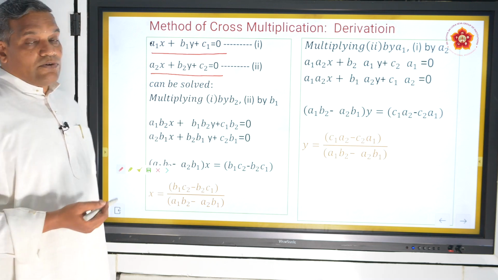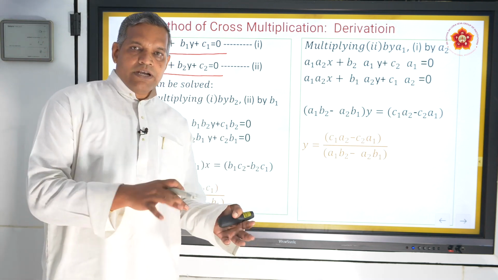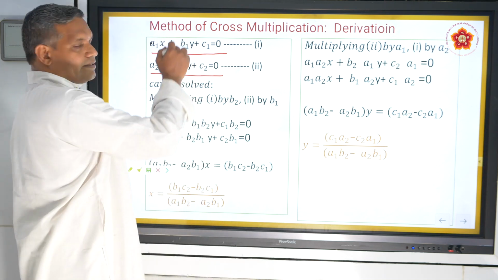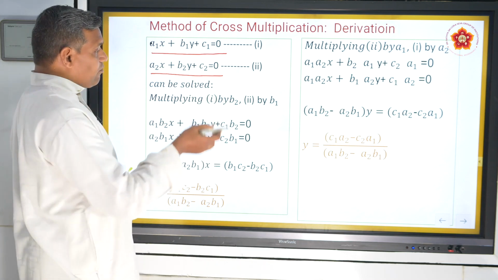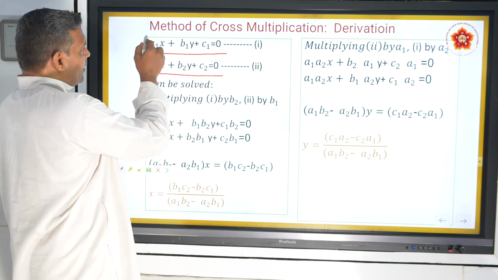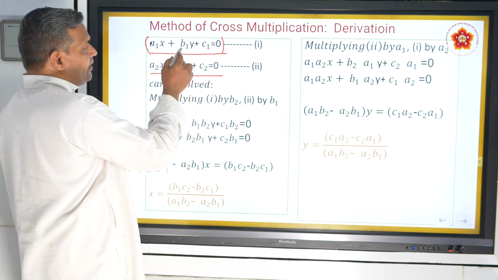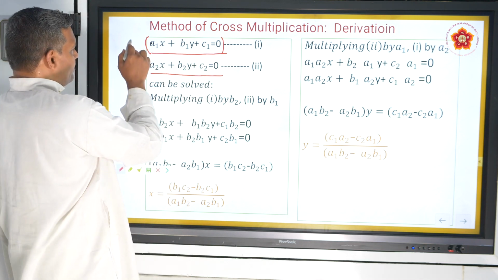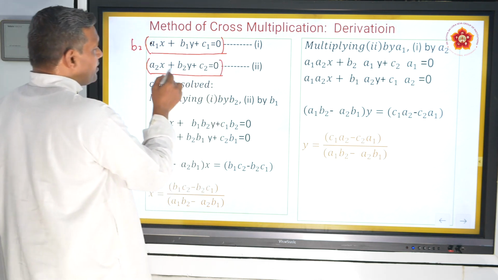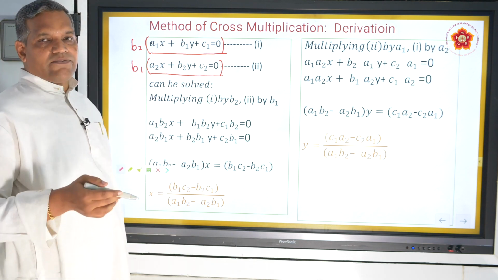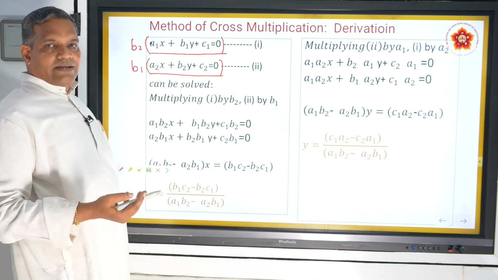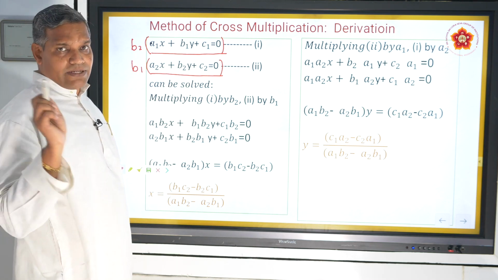Now, what did we do in the elimination method? We multiplied with some number to get rid of some variable. Here also I am doing the same thing, observe. I wanted to eliminate y here. I wanted to get only the x value. The coefficient of y here is b1, and the coefficient of y here is b2. I am planning to multiply this whole equation by, guess what? b2, and I am planning to multiply this whole equation by b1. By doing that, what will happen? Now it will become b1 b2 y, and this also becomes b1 b2 y. I can cancel by subtracting and I get the value of x. That simple is the technique.